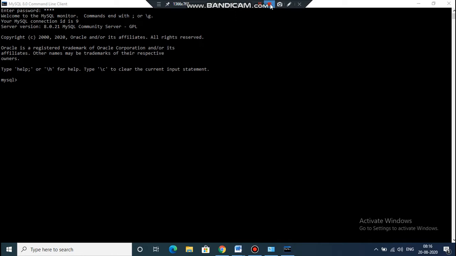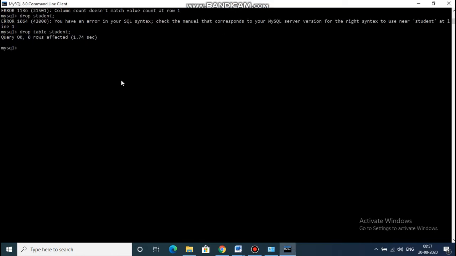Now we have to see the auto increment first. Sequencing is nothing but auto increment in MySQL. So for that purpose, I will create one table having the name student. Create table student.